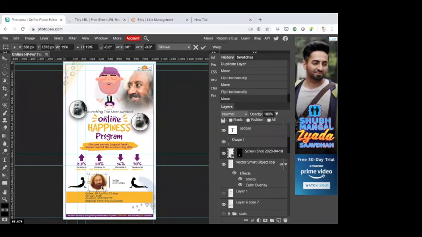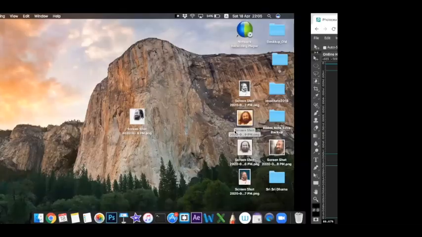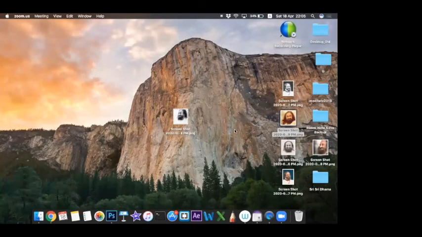And enter. Once you are okay with the exact positioning of that image, you have to link it back on. Otherwise, what will happen is if you accidentally move this, only the image will get moved, not the mask. So you have to link it back on. So that is about that. Thank you, Ashik.